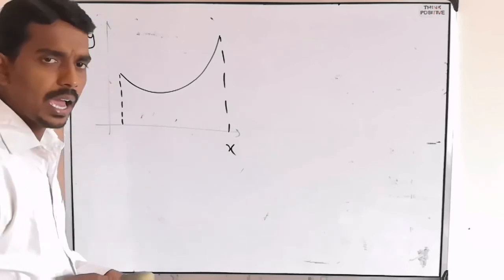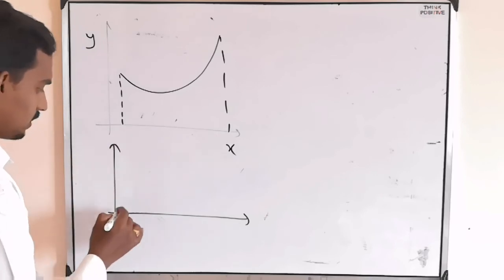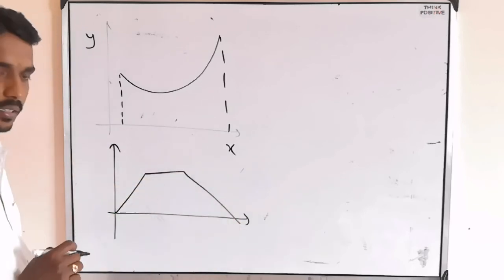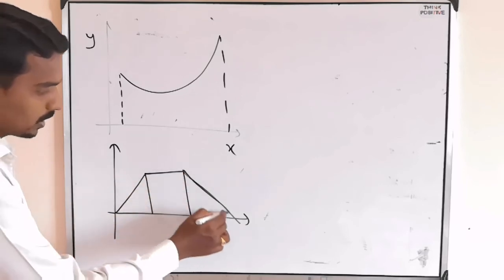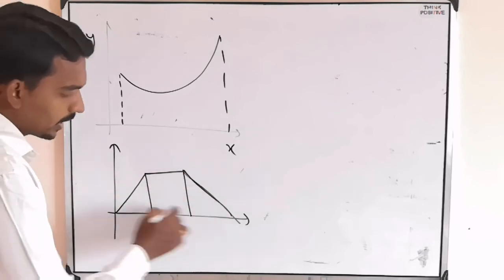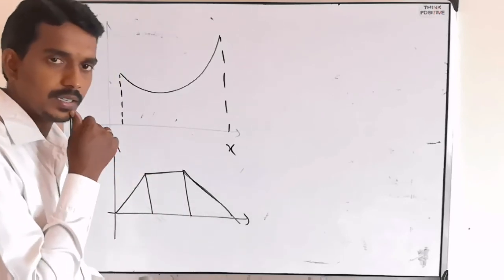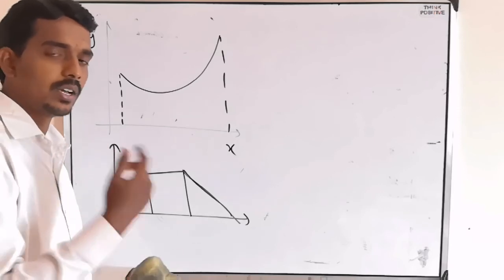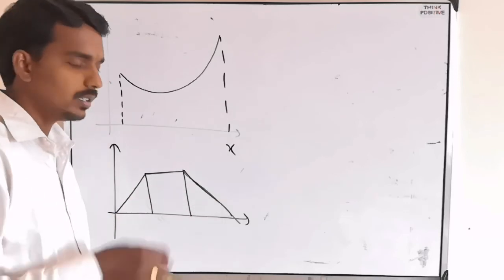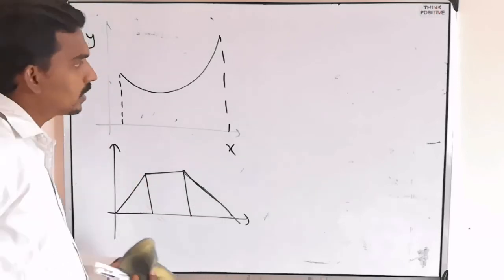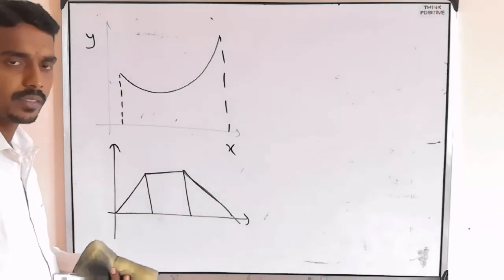But it does not have any particular shape. If you take it like this, you can divide it into one triangle, one rectangle, one triangle, or else directly take one trapezium, so that you can find the area easily. It may be velocity or acceleration or anything, it doesn't matter. Depending upon the given question, you will get it. But this way we cannot divide this area.